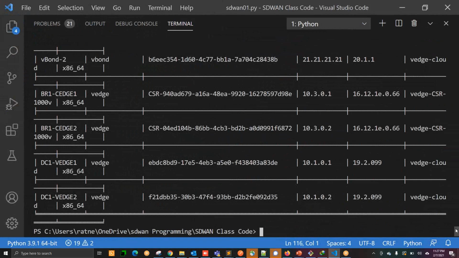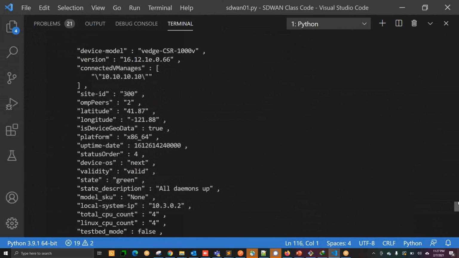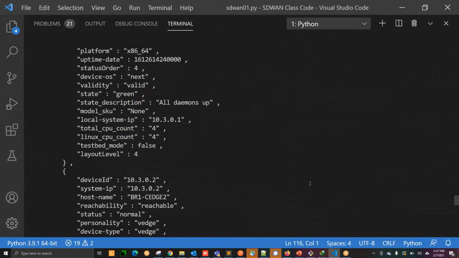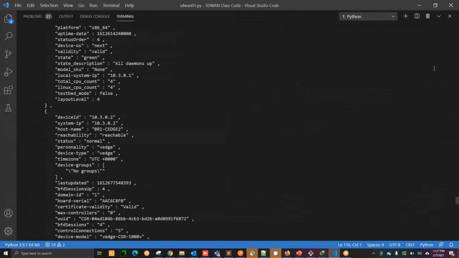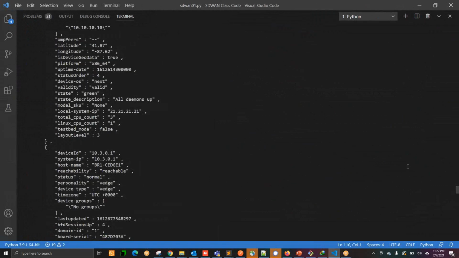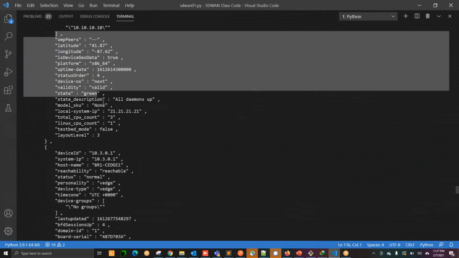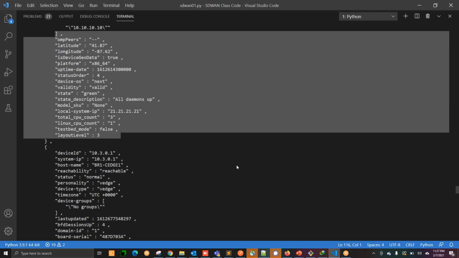So now you can see that it seems to be the same type of function, same type of output, but you will see that it is a little bit more formatted than the earlier one. Once you pause the recording, you will see that this is in a much better format than what we had earlier.